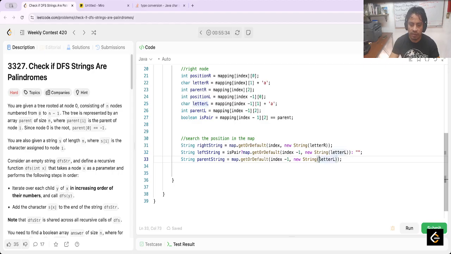Here is parents get also. In this case the parent should be... what is the parent? In the case that the parent doesn't exist, I need to return